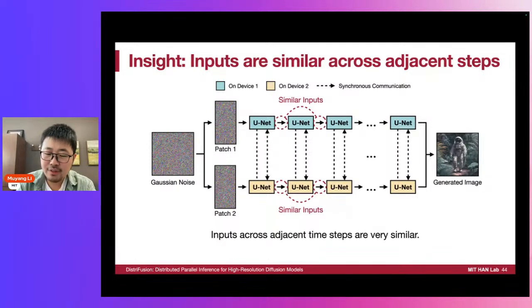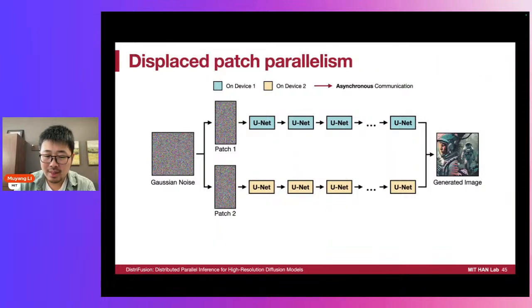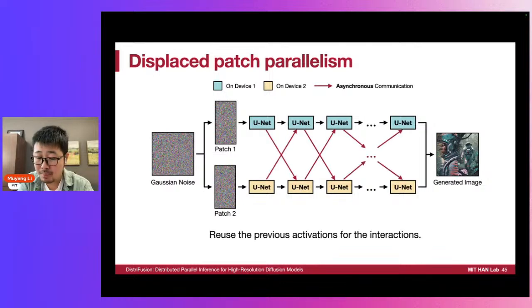But in fact, the inputs across adjacent time steps in diffusion models are also very similar. So inspired by this, we propose a new parallelism paradigm called Displaced Patch Parallelism, which reuses the pre-computed activations from the previous step to provide the global context and the patch interactions for the current step.